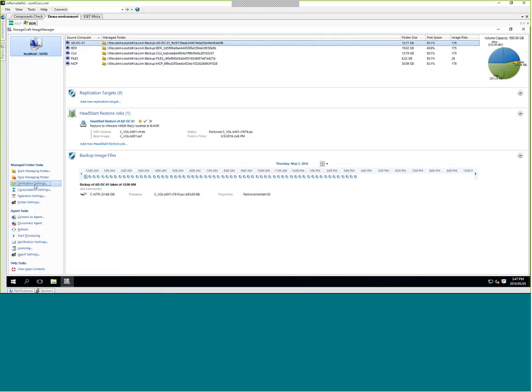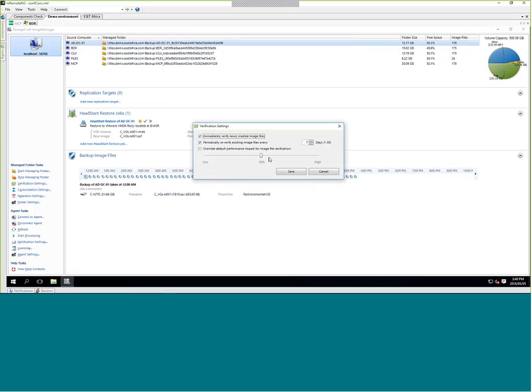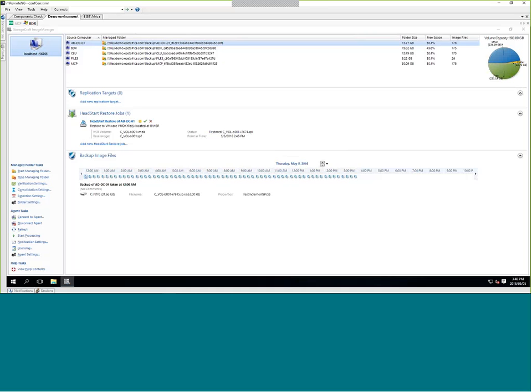So to highlight, in terms of the verification, currently I'm verifying all newly created images automatically, and I'm re-verifying them once every 7 days. Now, it's important to note with the backup policies, as well as the verification tasks, as well as the replication, you can throttle those jobs. It's either to limit the resource utilization for that task, or in the case of the replication, you can, for example, limit the maximum amount of bandwidth that it's allowed to use for that replication.